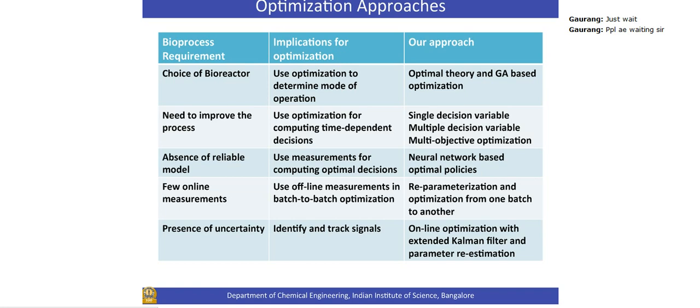Now, the other normal requirement is, of course, we want to get better products at lower cost and so on. So we need to improve the process. We can use optimization tools to achieve this, and this is something that I will illustrate with an example